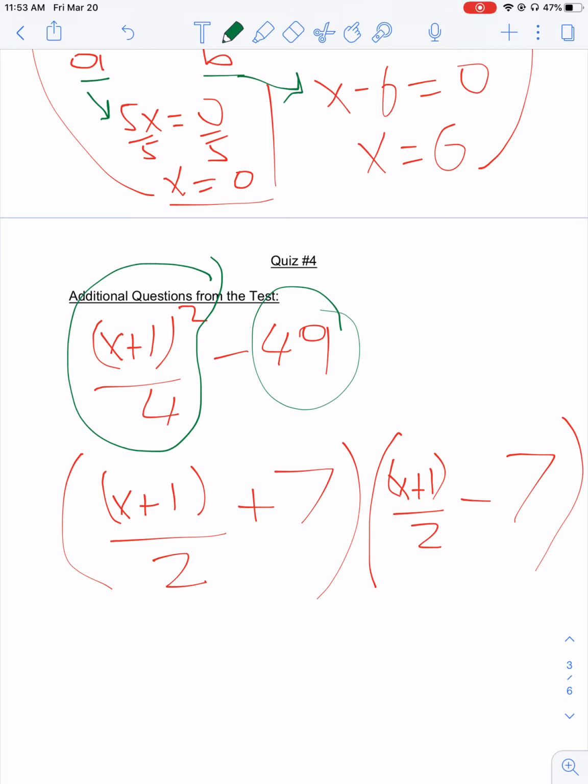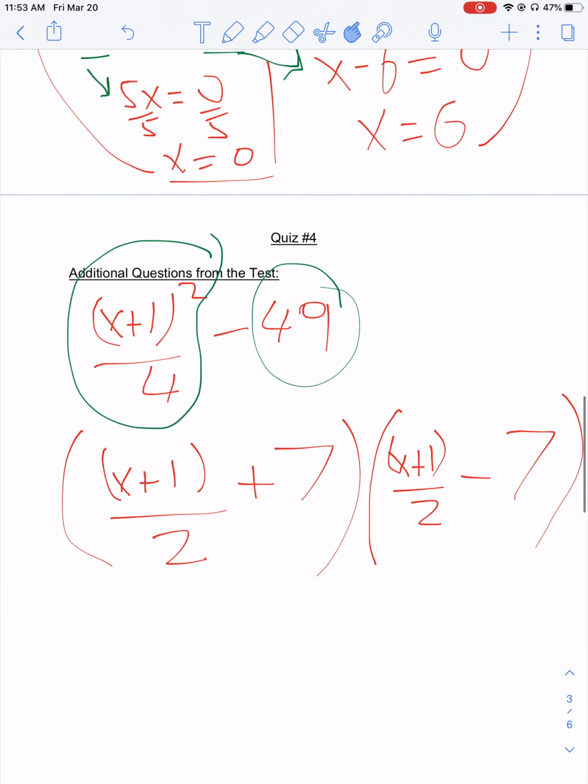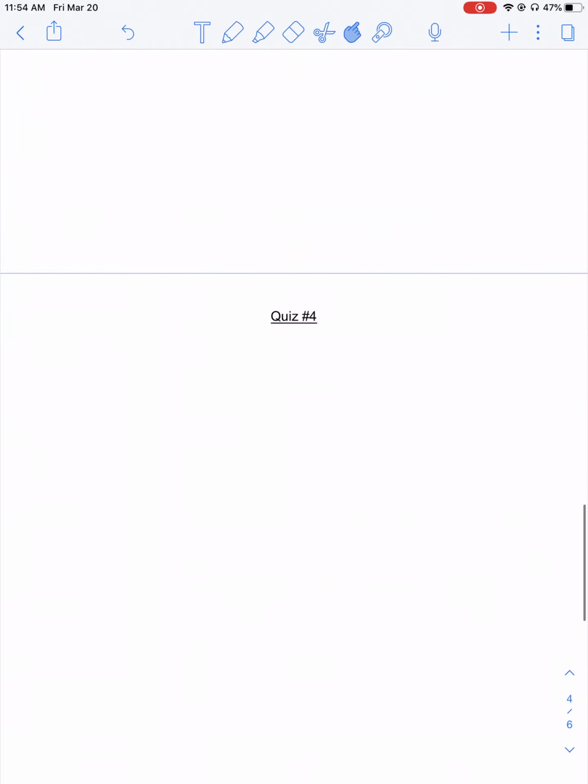The second question that wasn't well done was this one. Let me use the red. I really like the red color for some reason, so I'm just going to continue using that one. So it's 2x plus 1 squared